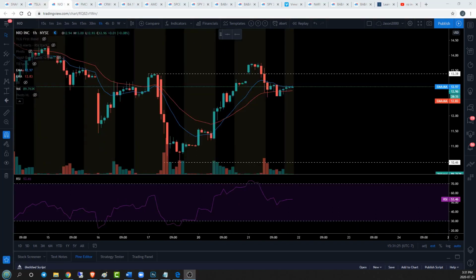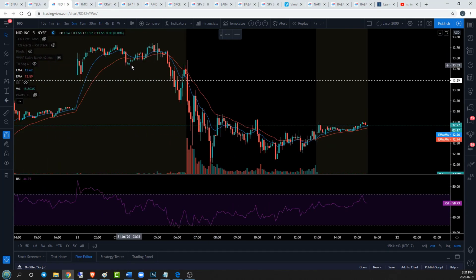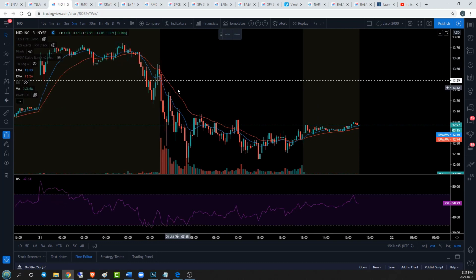All right, we're looking at NIO as well. And what we were looking at was the fact that we were coming up on 1339 resistance, and we opened above that in our pre-market session. Unfortunately, we were overbought. We set a higher high, and then we saw some weakness for the duration of the day. The 5-minute time frame shows that weakness with a loss of our pre-market levels, a failure to resume a 5-minute